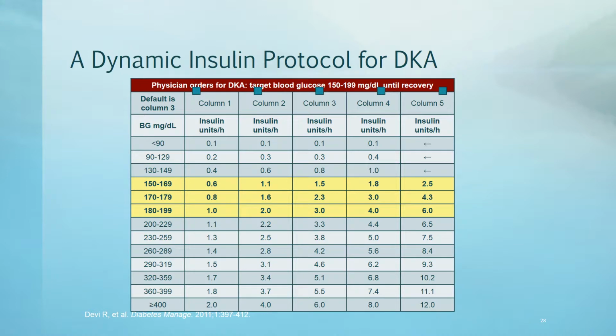This is an insulin protocol for DKA. So what we do is we check our blood glucose levels, and based on where they fall, you go into your columns, and that's how you titrate your insulin. Because let's say that your patient's blood glucose is 150 and you are currently on column 3 and your insulin is at 1.5 units per hour,